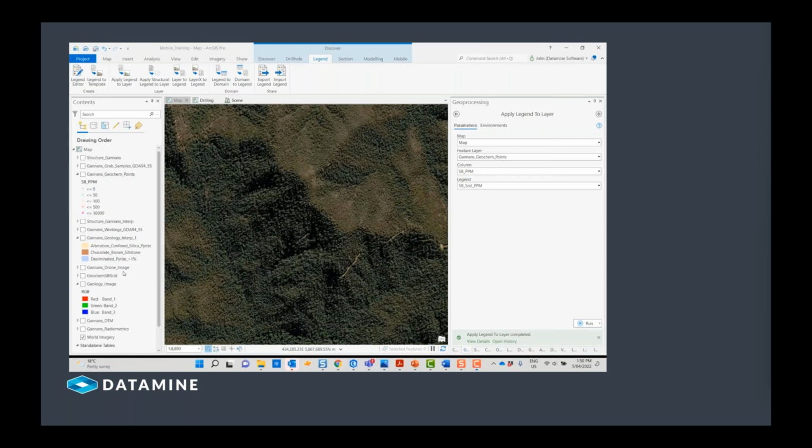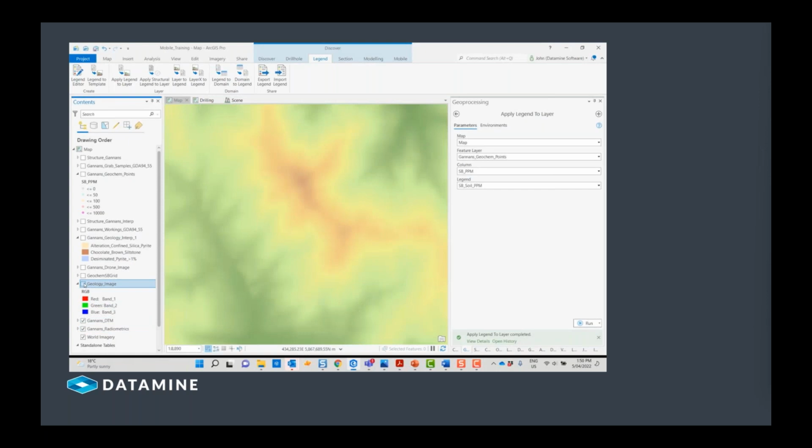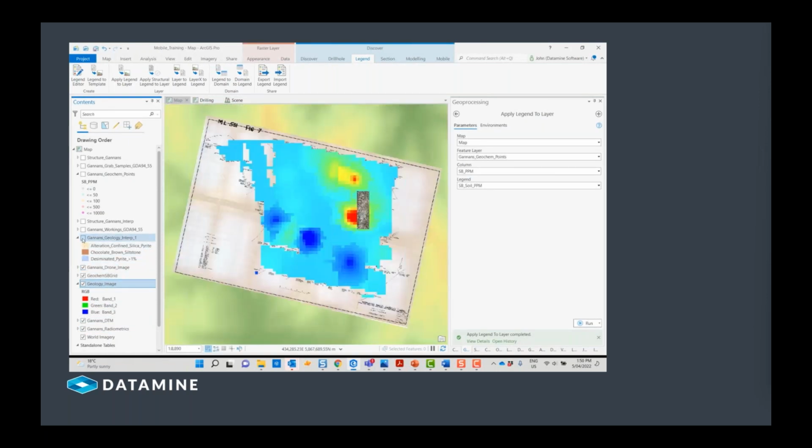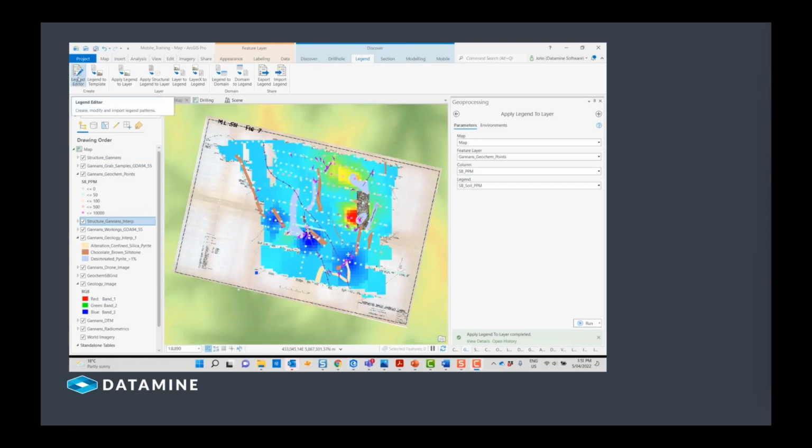So what you want to do is put all your data into all your data into one scene. So just one map scene. So here we've got DTMs, we've got soil grid, we've got a geology image, we've got polygons, we've got lines, we've got points, all our attribute data, whatever you want to take in the field,